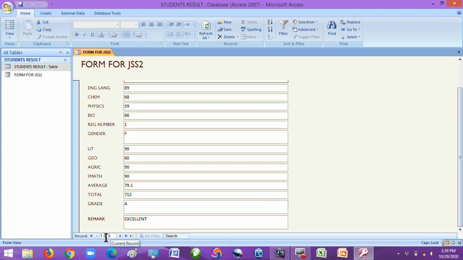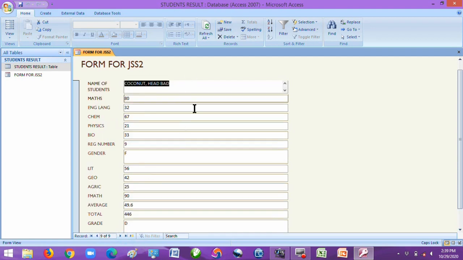So with this, you can see that you have created a form that is for individual students. The 9 different students that you have is the 9 records that you have here right now. You can now click this to go to the last record. As you can see, this is the very last person in the record that you have prepared.